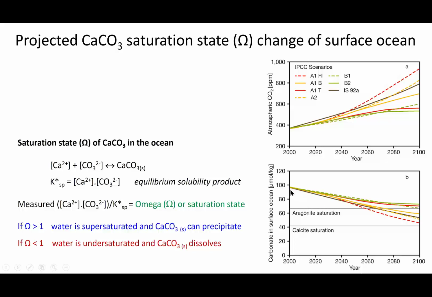And you can see a reduction in the carbonate ion in the surface ocean to the point where by around about 2060 to 2100, subject to the atmospheric CO2 levels of these different projections or CO2 emission scenarios, we end up with an ocean that's undersaturated at the surface with respect to aragonite, which is that main form of calcium carbonate